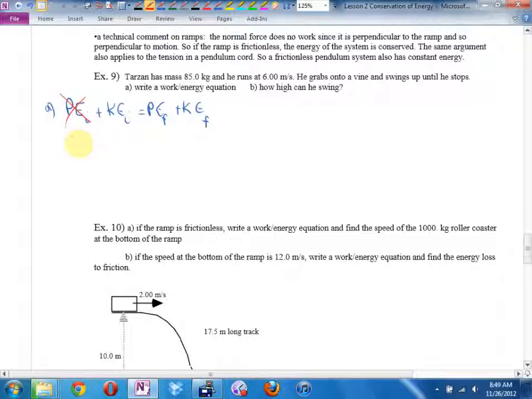Dorothy says, with brilliance in her mind, is kinetic energy final 0? Let's see, if I'm saying how high can you swing, then at the very top of your swing for a split second, how fast will you be traveling? Yeah. In fact, what we're really talking about is,